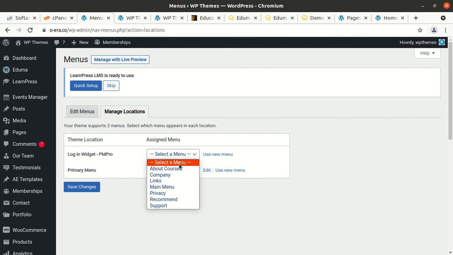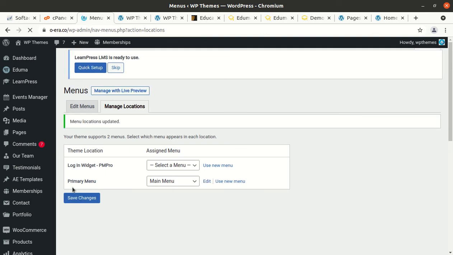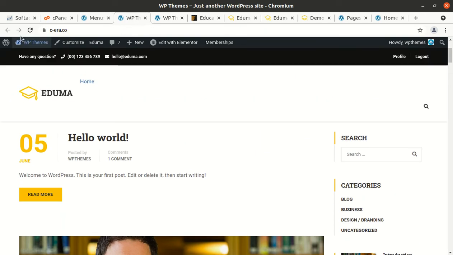It is about courses, links, main menu, supported. So the primary menu can be selected as the main menu. Hit save changes. Okay, so we can now refresh this page.